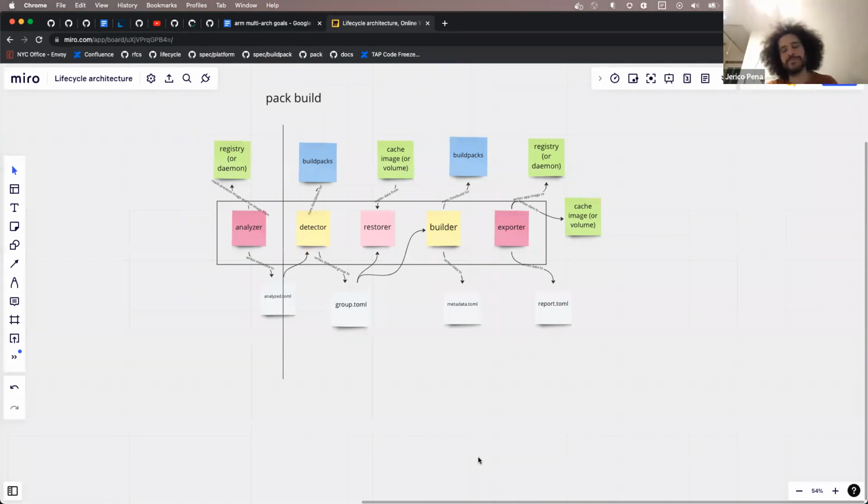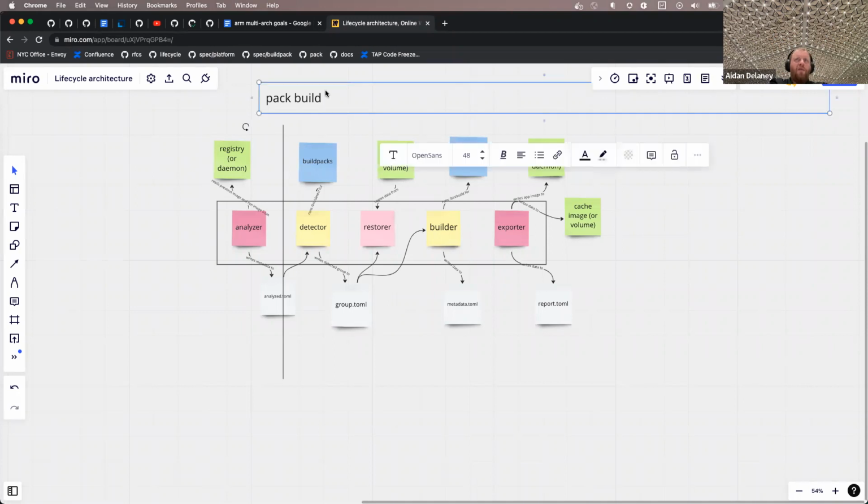Let me ask a question. Why can't we just have one tag that's a multi-arch image so that when you're pulling for whatever arch, you're just getting the right one? Is that not possible? That's what I would like to have. Well, that's what I would see as the pre-step that we could build, that we could use a multi-arch image, pull out the image that we want. But right now, it doesn't understand multi-arch images. So you end up having to package your builder as one tag for AMD 64 and package your builder as another tag for ARM 64.